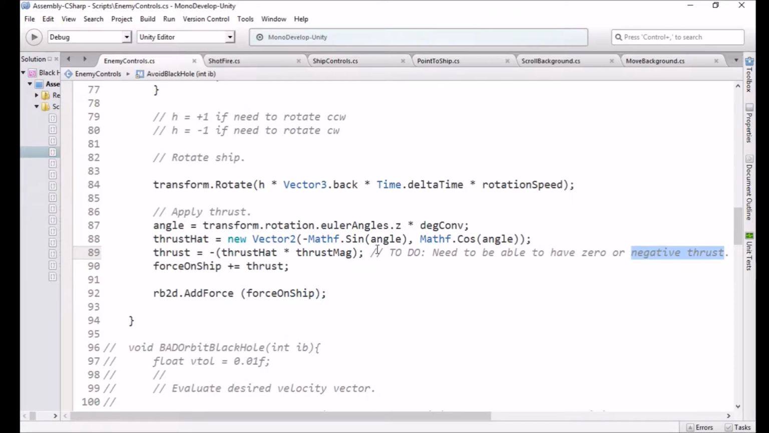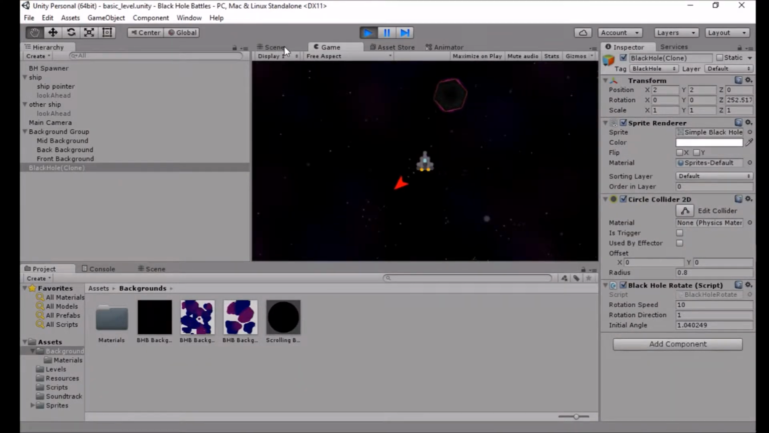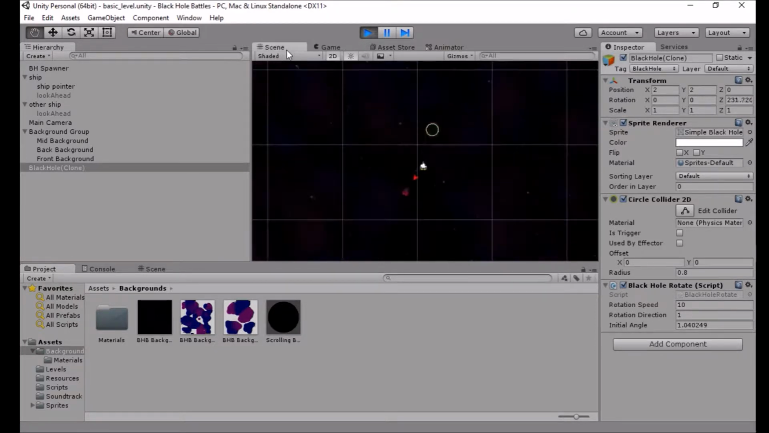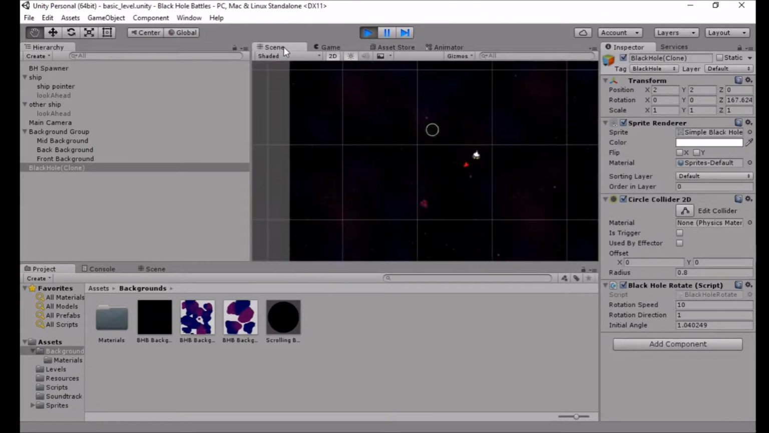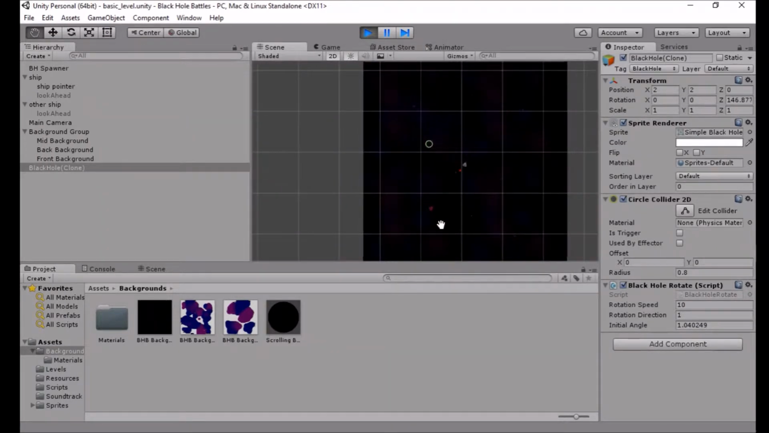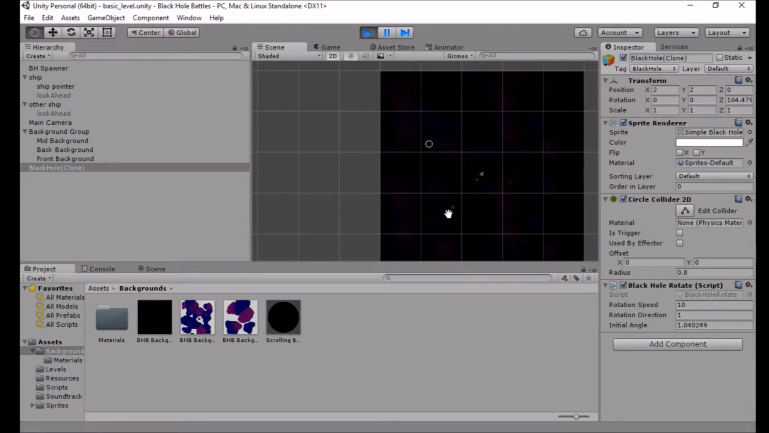There's no option for it to brake. And so that's what's leading to this sort of wild behavior where it's floating around. Oops, and then we get a collision. Maybe I can get this guy inside the black hole. No, okay, too late. But that's what's leading to the wild behavior of the enemy ship, is that it continuously